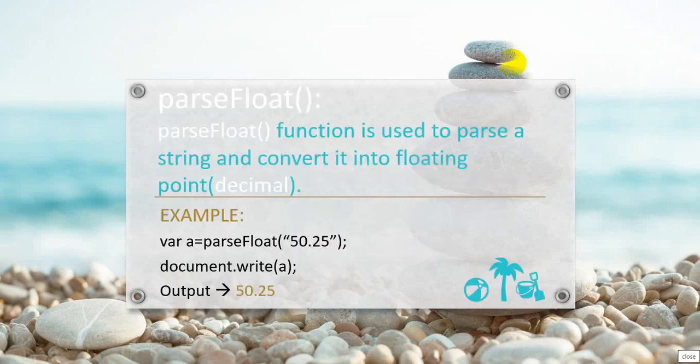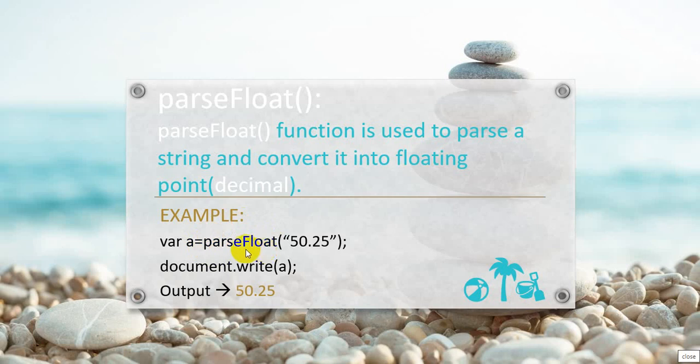Okay, let's have a look at what parseFloat means. I have given an example that the parseFloat function is used to parse, that is, convert a string into a floating point. You have to remember, sometimes in examinations there is a question that a floating number is also called a decimal number. Floating and decimal are both similar words. For example, you have declared a variable called var a, where a is the name of the variable. parseFloat is a function and it's a built-in function.